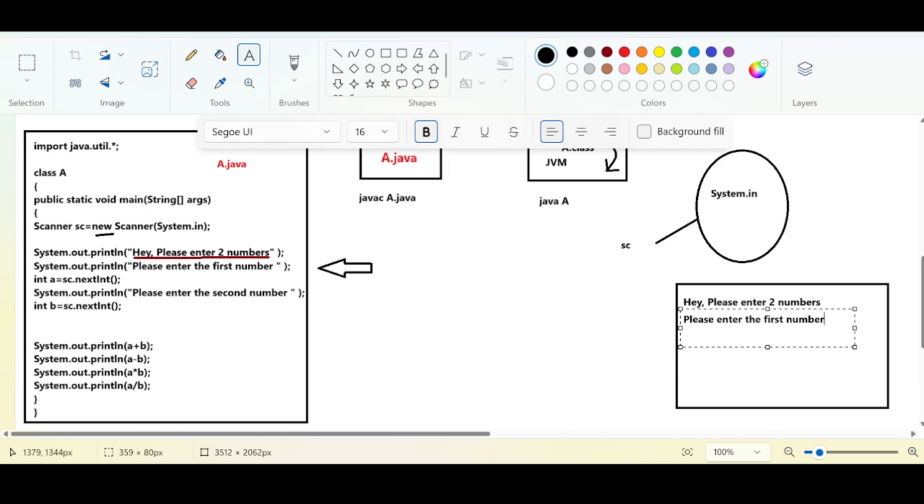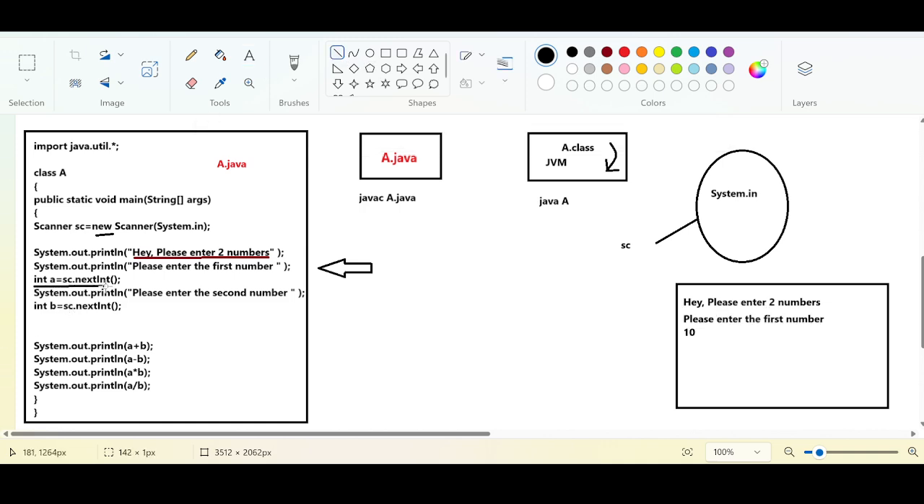So, please enter the first number. Now the end user will realize that, okay, I am supposed to enter a number. Let me enter something like 10. The end user will enter 10 and gives the enter key. The moment he enters 10, this 10 will get assigned to the next immediate variable, which is A. Because you look at the right hand